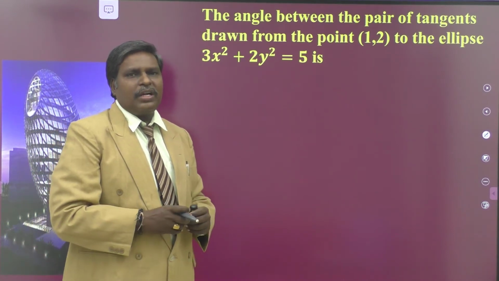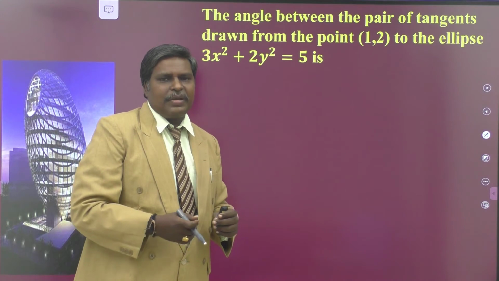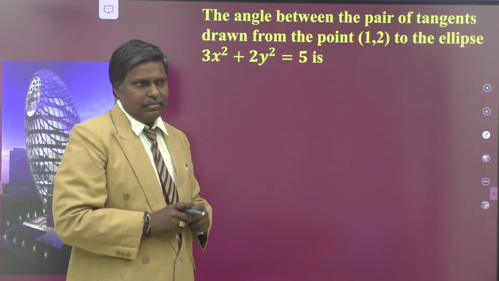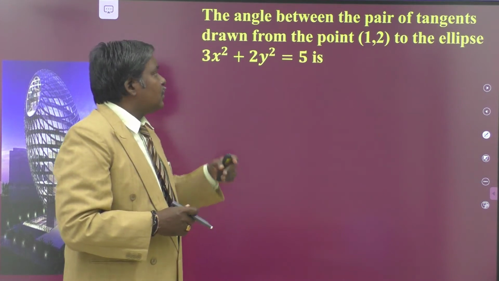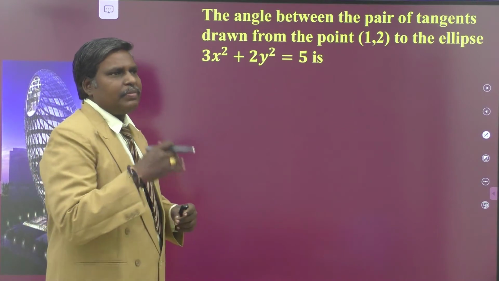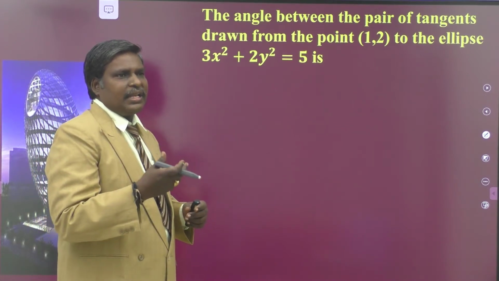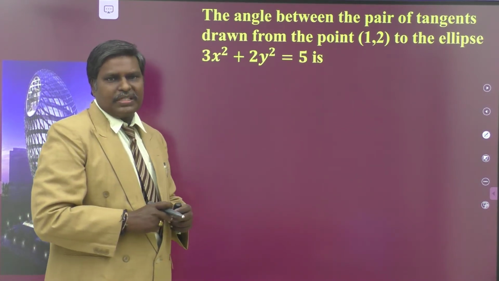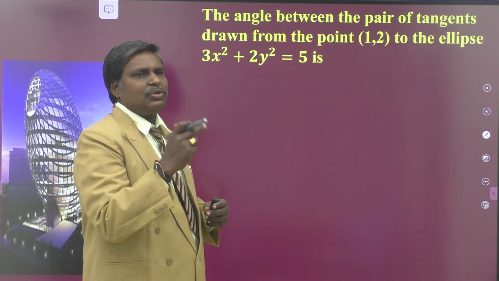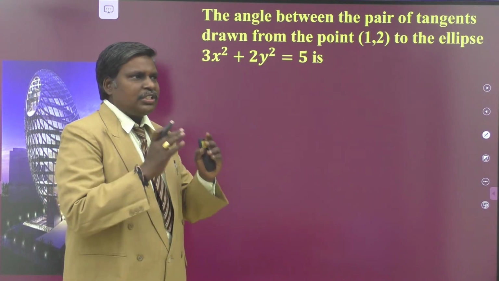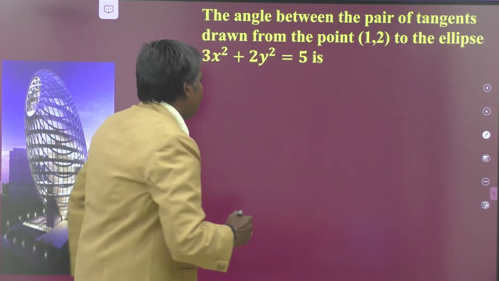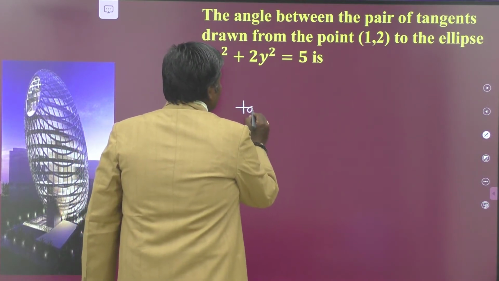If M1 and M2 are the roots of that one, tan theta is obtained by mod M1 minus M2 by 1 plus M1 M2. That is one thing. Or you can derive the formula and then apply that one also. From that M1 M2 you can write tan theta equal to M1 minus M2 by 1 plus M1 M2. That M1 minus M2 can be written as root of M1 plus M2 whole square minus 4 M1 M2. Substitute the sum of the slopes and product of the slopes in that formula. We can derive as tan theta is equal to